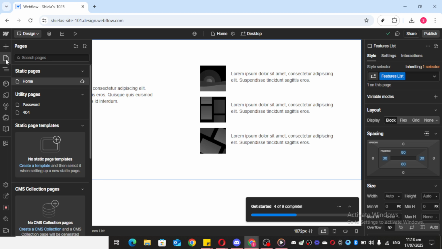Once you're in the Pages section, you'll see a list of any existing pages you may have already created. But today, we're adding a new one. Look for the Create New Page button and give it a click. This will prompt Webflow to open a new page setup area where you can input details for the page you're